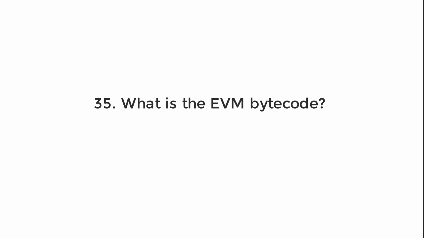What is the EVM bytecode? The EVM bytecode is a series of EVM elementary instructions called opcodes. These opcodes define very simple operations like adding two numbers, loading data from memory, etc. There are more than 100 of these opcodes defined in the Ethereum yellow paper. Coding directly with opcodes would be very tedious, so we need higher languages like Solidity to help us reason at a higher level of abstraction.